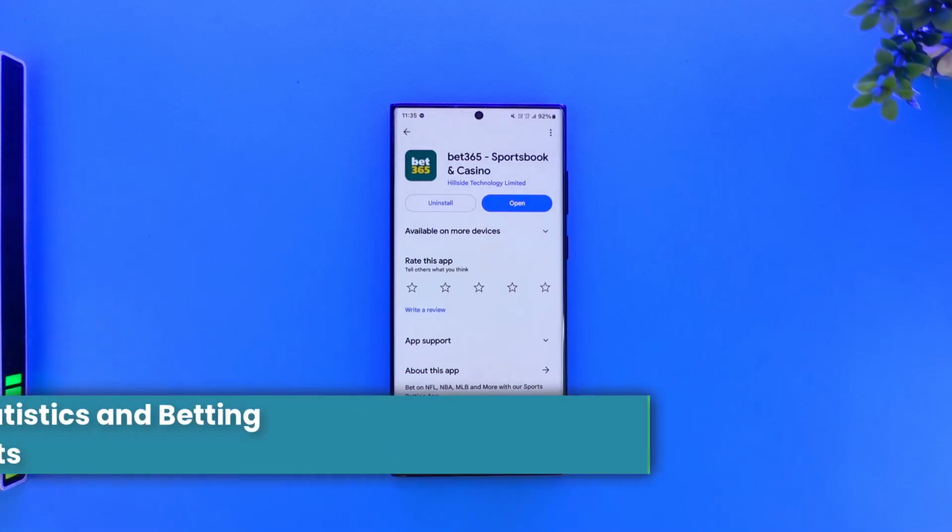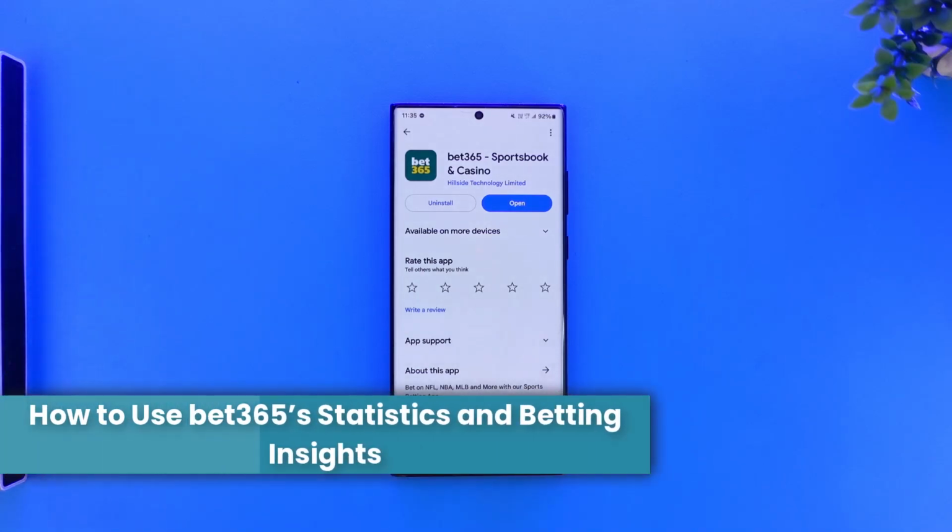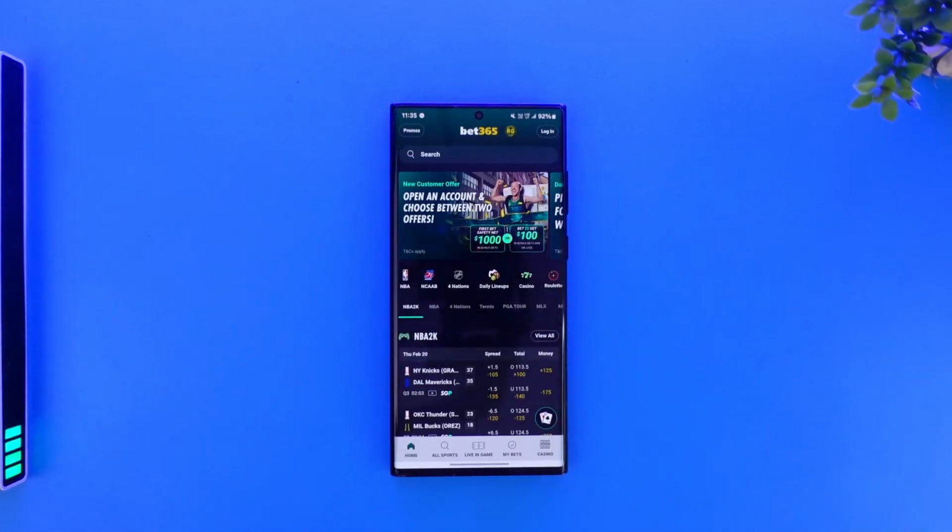How to use bet365's statistics and betting insights. Now, bet365 provides detailed statistics and betting insights to help users make informed betting decisions. In order to view these features and access them effectively, launch the bet365 app and then make sure that you